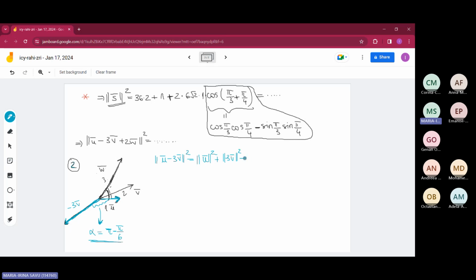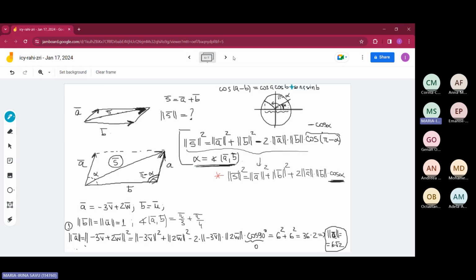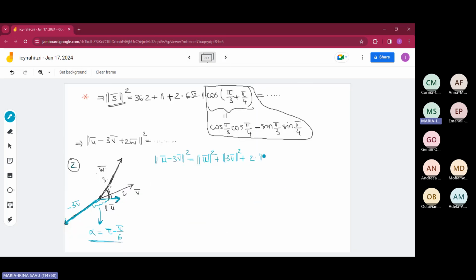Plus I'm going to use this formula directly, plus 2 times the norm of u times the norm of minus 3v times cosine of this angle, which is pi minus pi over 6. I have that this is 1, this is 6 squared, 36, so this is 37, plus 2 times the norm of u, which is 1, times 6, and this cosine is